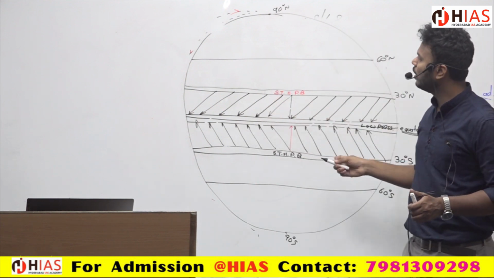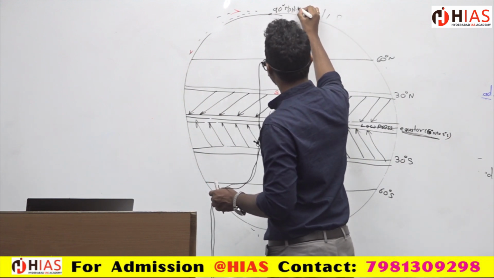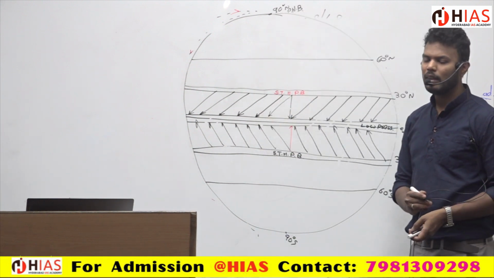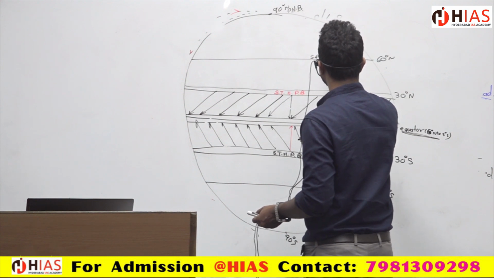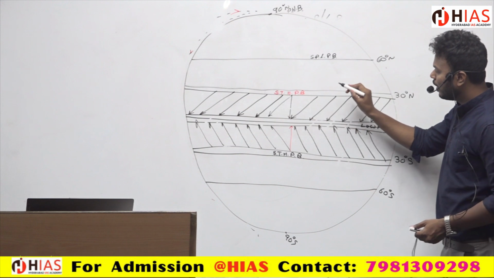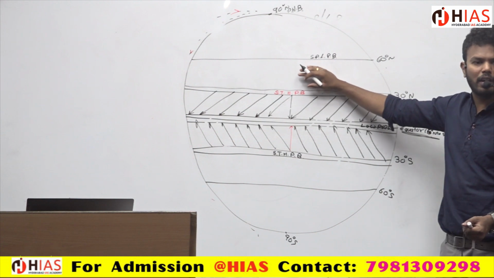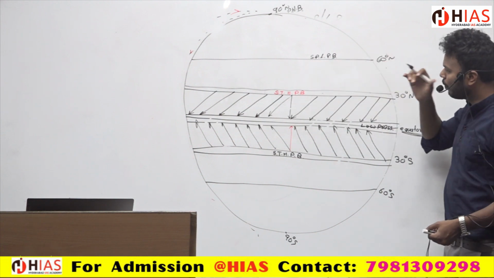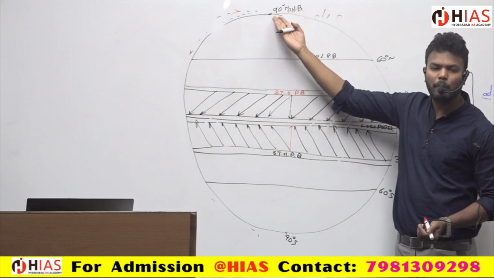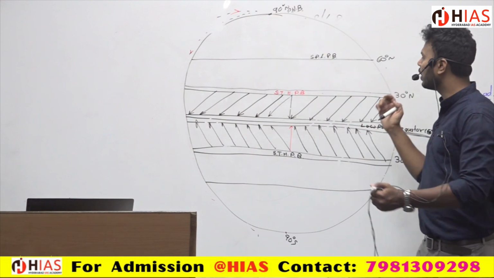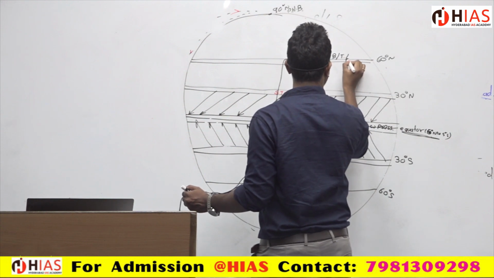So this one is completely called the polar high pressure belt. This one I can call a subpolar low pressure belt. See, compared to this one it will be cool, but compared to this it will be a bit hotter. Right? So I am not comparing this one, I am comparing this one. Why did I compare? Because the domination will be more of high pressure over here. So this is high pressure, and this is low pressure. And in some books you can also find the temperate low pressure belt.